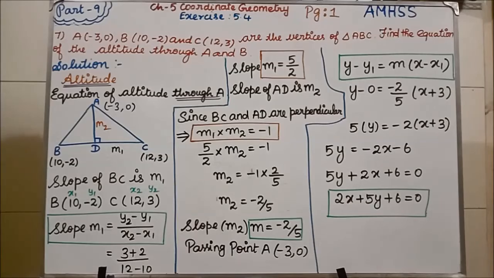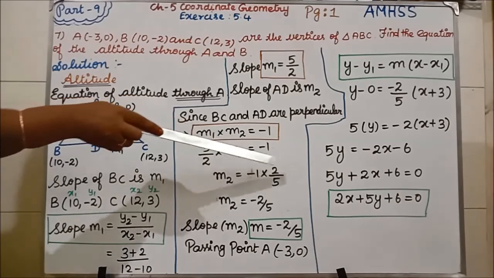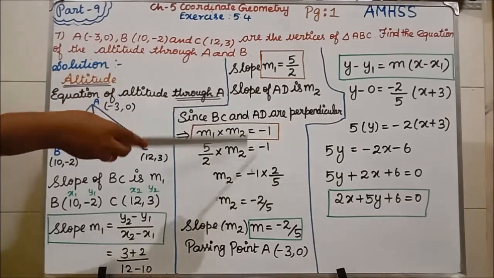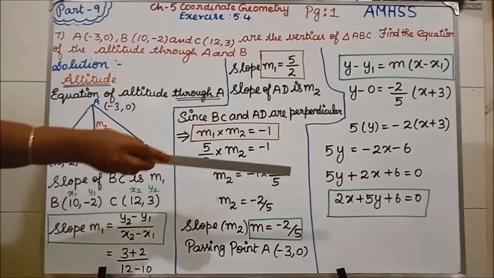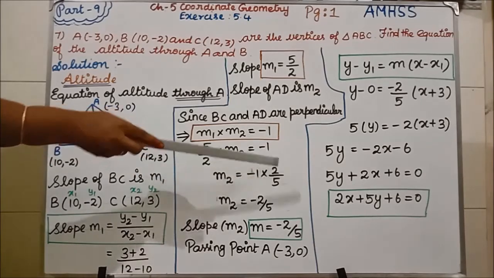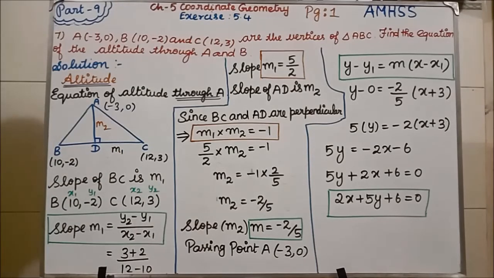The next step, if you see, M2 alone will be in the left hand side. This 5 by 2 will go in the divide form. So -1 divided by 5 by 2. So for division, if another division you are having, the denominator term will become reciprocal. So see here 5 by 2 if it goes that side it will become reciprocal. So it will become 2 by 5. Clear students? So M2 is equal to -1 into 2 is -2 divided by 5. Clear?